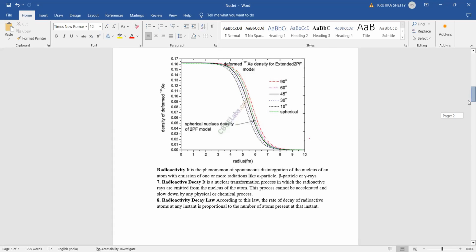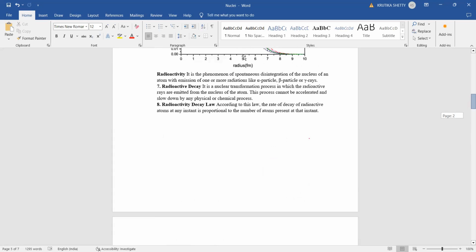Yes. So here we are discussing what we mean by radioactive decay. Becquerel and Marie Curie gave the contribution for this radioactive phenomenon. So see what is radioactivity. It is the phenomenon of spontaneous disintegration of the nucleus of an atom with emission of one or more radiations like alpha particle,